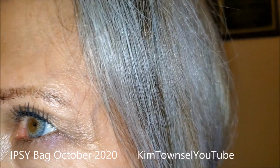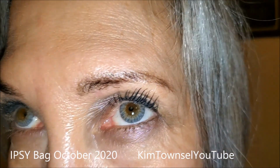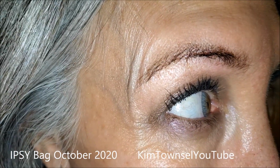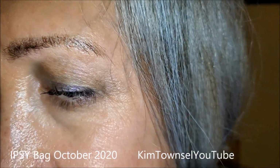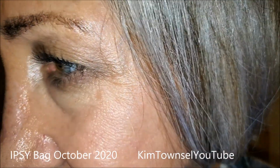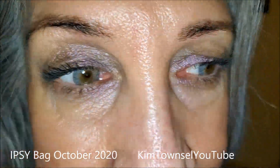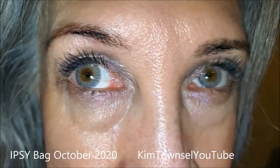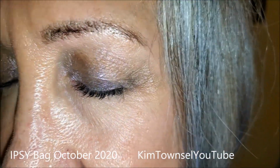I wore the eyeshadow this morning from the October bag, and my students told me I look pretty. I looked better than this morning. This is after a full day of work and a full afternoon of work at home. But I was amazed at how easily the eyeshadow went on. It stayed put all day long, except for you can see where I've rubbed some of it off because it's been a long day. But I like the colors, I like the ease of putting on, and I like the